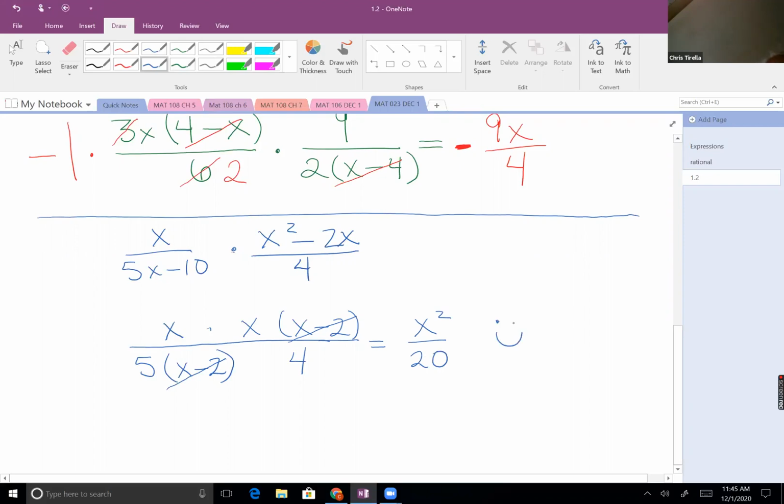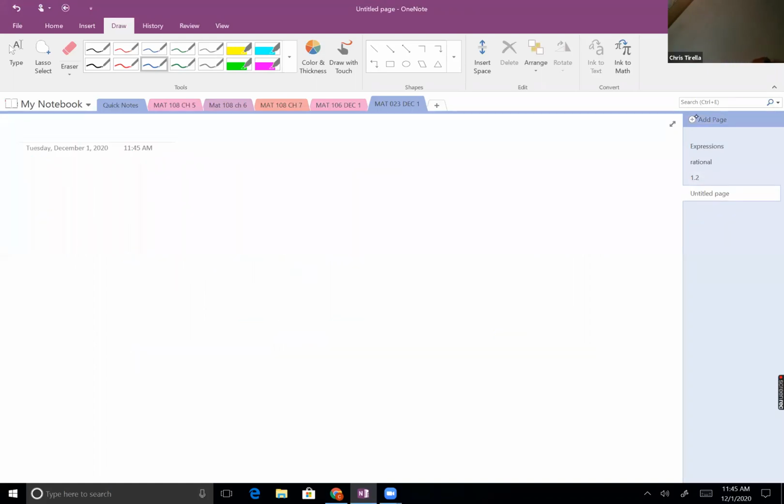Everybody happy with that one? If so, to multiply, we have to factor. But now that we know how to multiply, the next thing that we're going to do is divide. Because I don't know if you folks remember, the rule for dividing fractions is don't. In order to divide, we change it into a multiplication problem. If I look at the division of rational expressions,